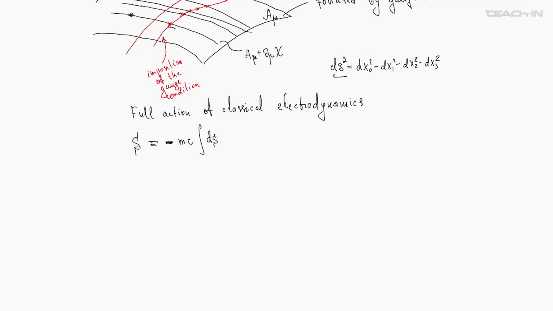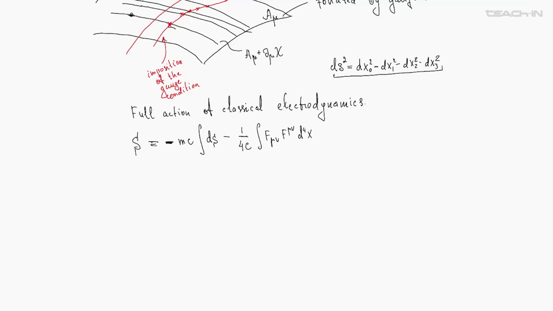Yes. Okay, very good. So the integral of ds over the world line of a particle, this is how the action for a particle looks. Then we have the action for the electromagnetic field, which we have discussed: minus 1 over c integral F_{μν}F^{μν} d⁴x. And so we have particles, we have the electromagnetic field, and now we have to add a